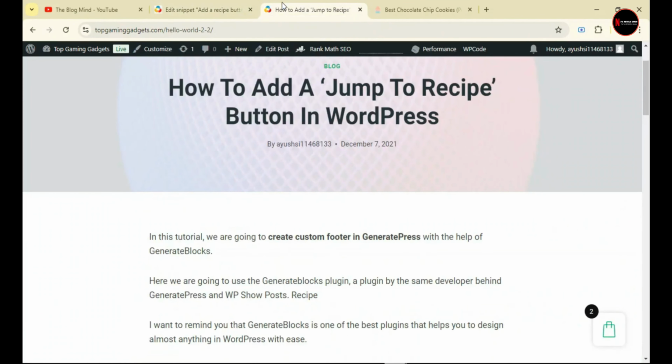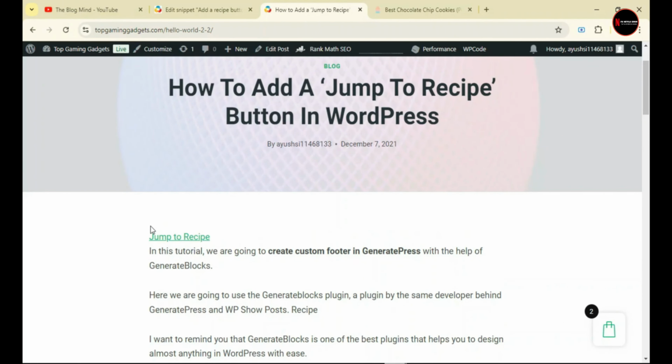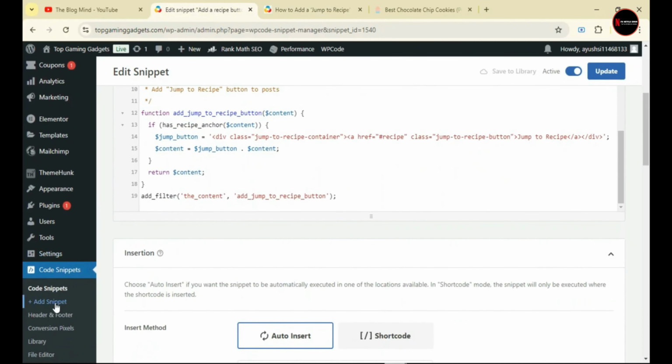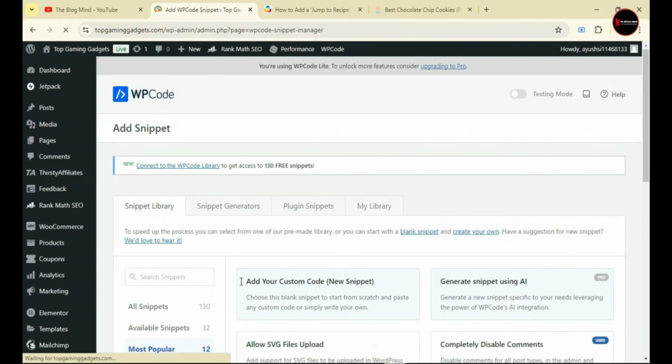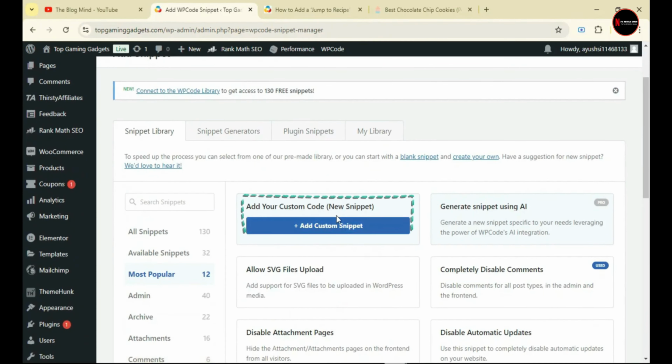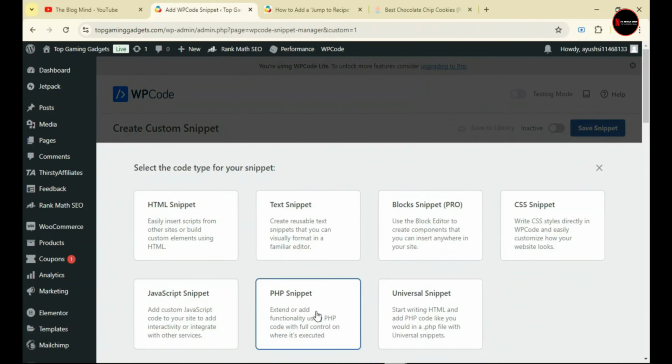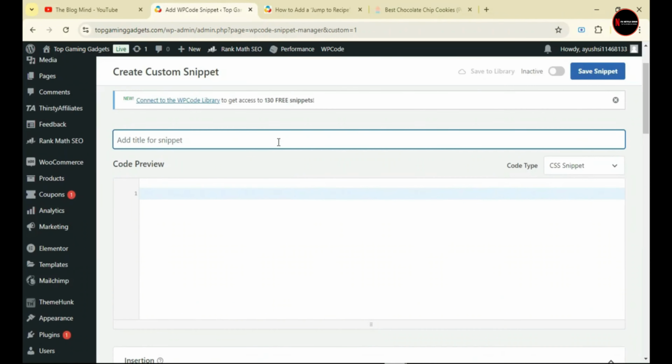Now you'll notice the button is just a plain link at first. We want it to look like a proper button, and to customize it, again go to add snippet and then click on add your custom code. This time select CSS snippet. The title is something like button customization.